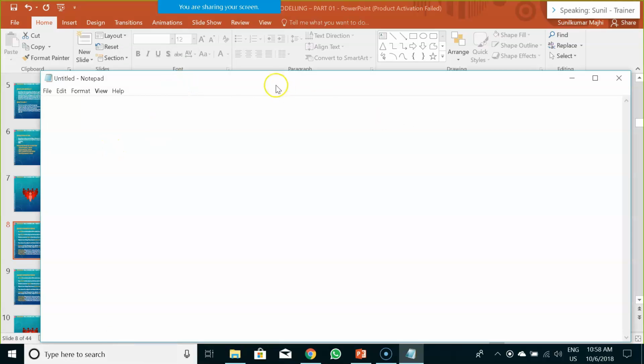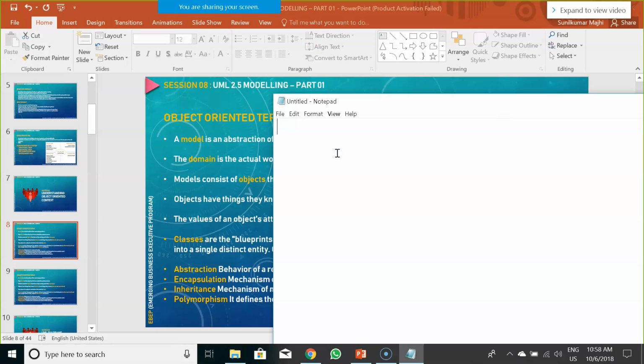Let's say I have a particular class. Then I would have certain attributes, as if the instructor would have certain attributes, like instructor name.